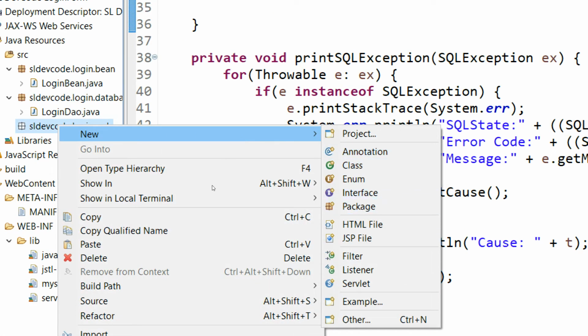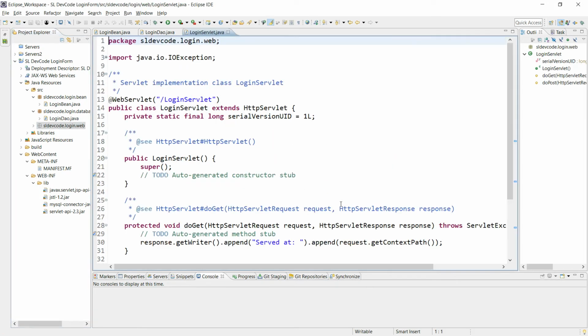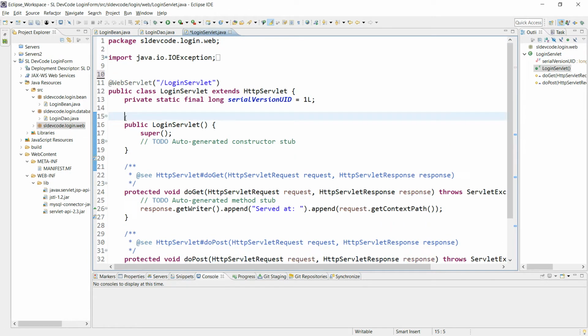Let's create a login servlet to process HTTP request parameters and redirect to the target JSP page based on the employee login status. If login is successfully validated with the database, then redirect to the welcome JSP page, otherwise redirect to the login JSP page.